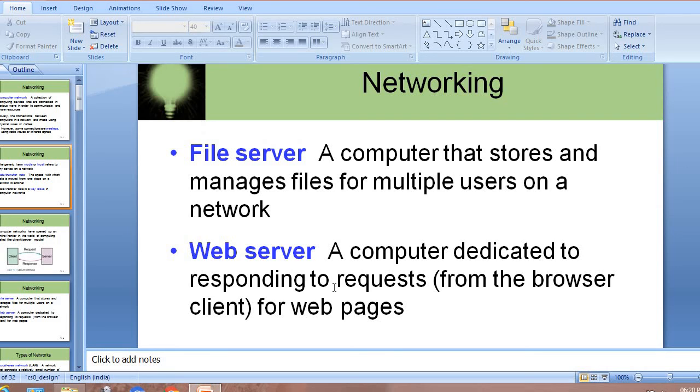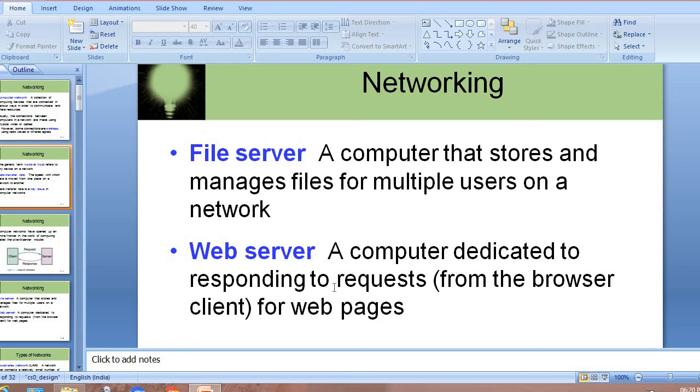A web server is a computer dedicated to responding to requests for web pages from browser clients. Both servers are computers, but they have different tasks.